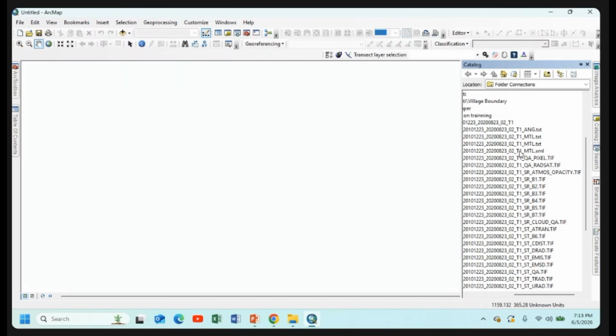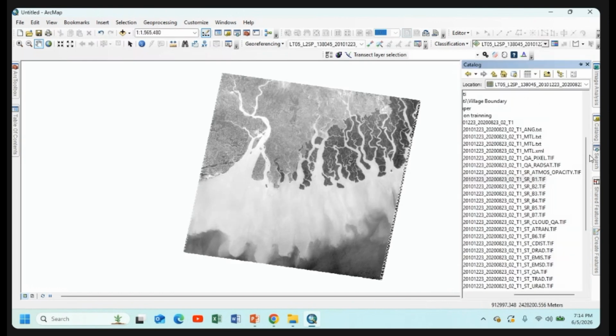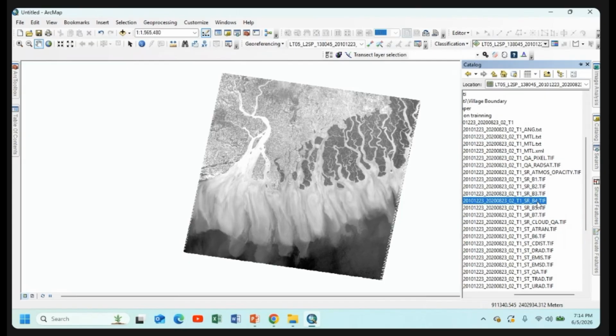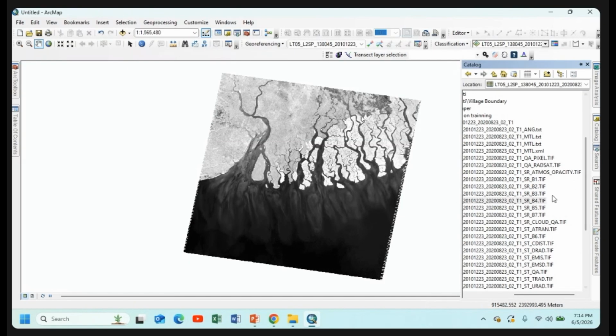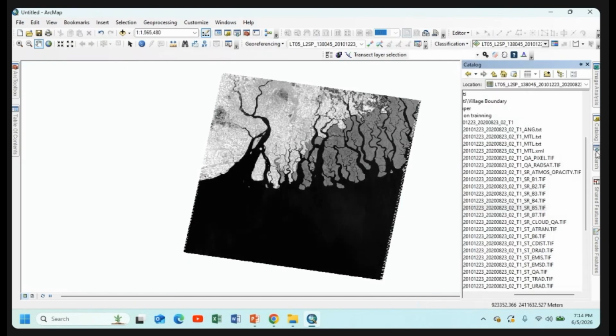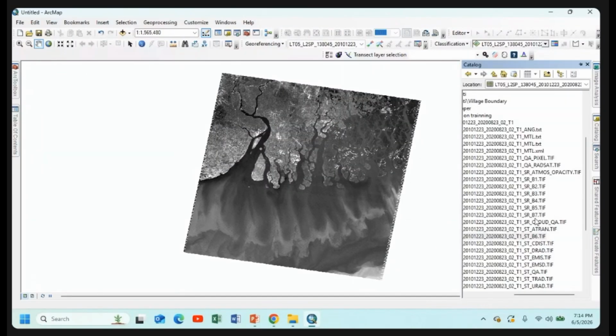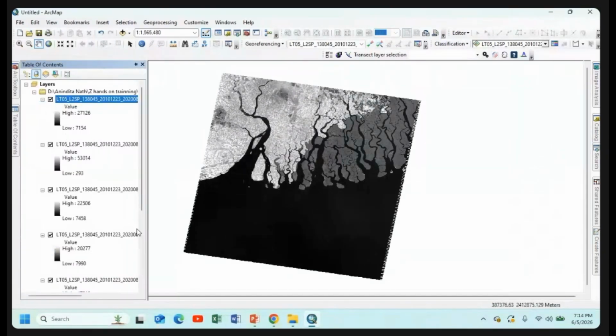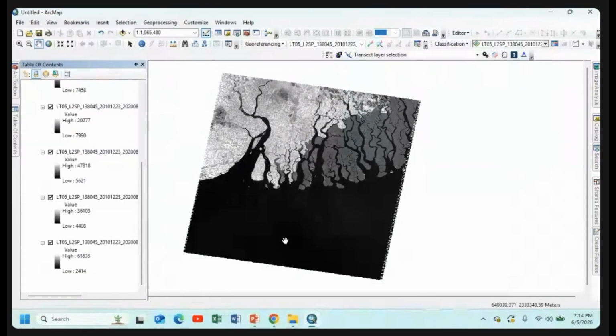Here is some satellite data, arranged by band number. Primarily, I select the B1 band. Then I go to B2. This system is similar for everyone, and then go to 3. Then go to 4 and select 5 now. Then 6. Then 7. We took 7 bands of data here. These are the data set. These are the raw bands.